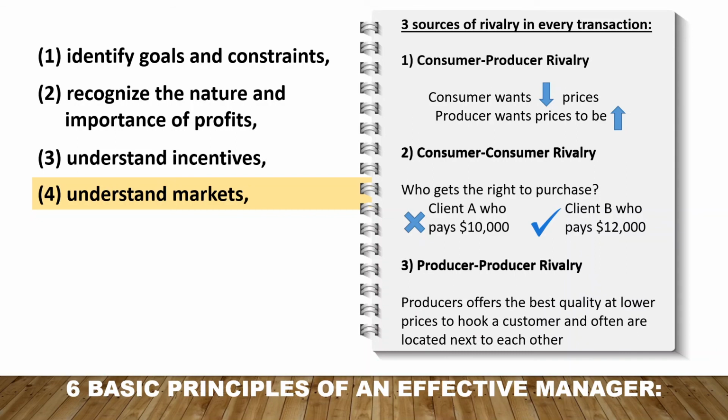The producer-producer rivalry occurs when multiple sellers compete with one another in the marketplace to service a client. Firms would often target customers by serving the best quality at a lower price. Oftentimes, producers open their stores beside each other to gauge who has more catch to customers. We usually encounter these scenarios at gas stations, either they are beside each other or across the street, and their prices are usually visible to the public.